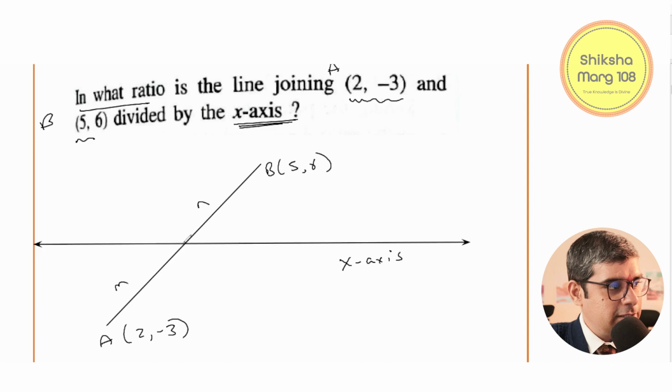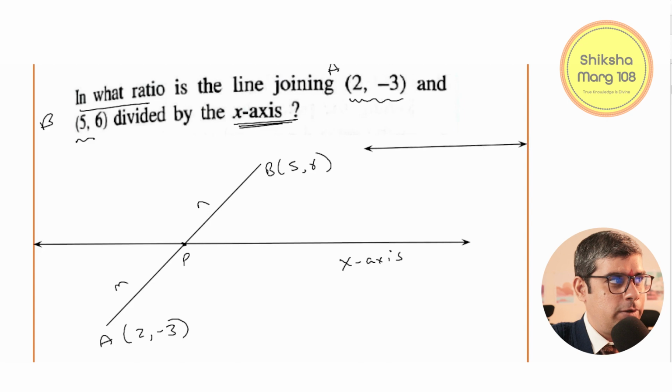Now let's call this point P. Now there must be something interesting. They've given us the x-axis. In mathematics, always go from the known to the unknown, always and every time. How does that work? That works by, if you have the x-axis, I'm just going to draw it over here,